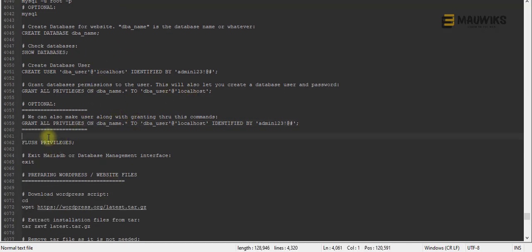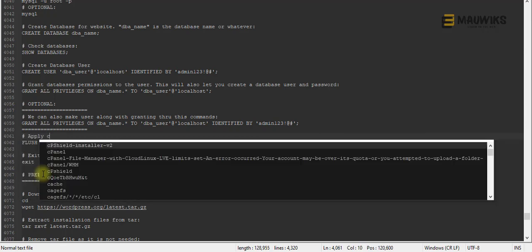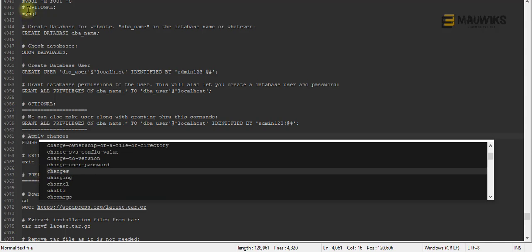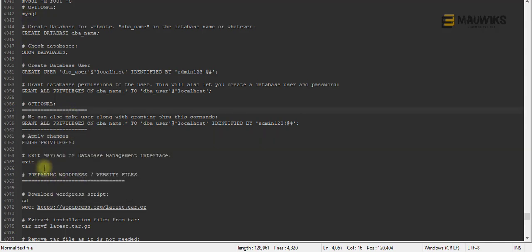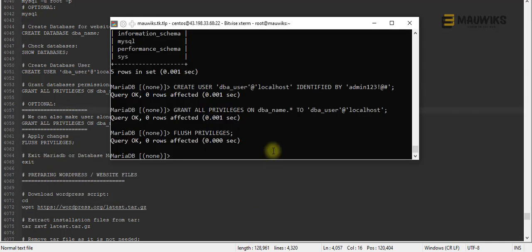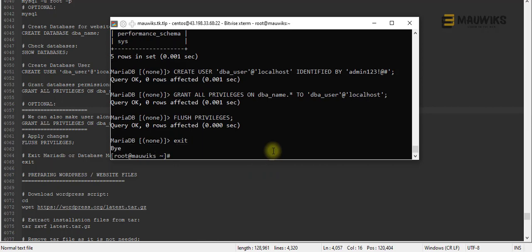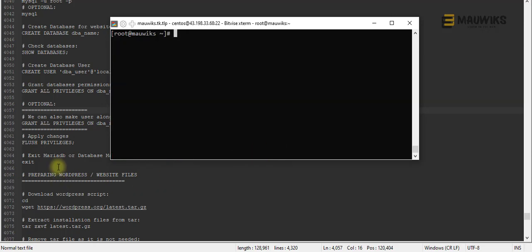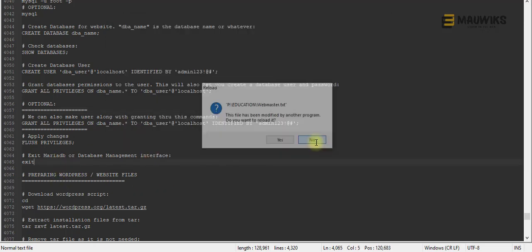So yeah, the next thing is, I think I did not add this here: apply changes. So now we can exit the database or MariaDB console. Let's clear the screen. And the next is to